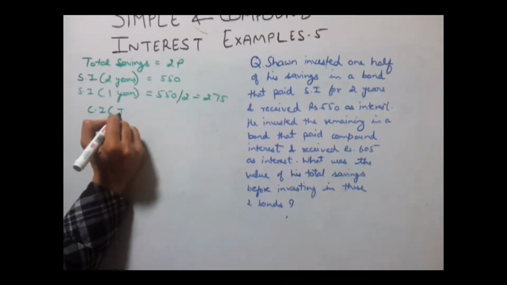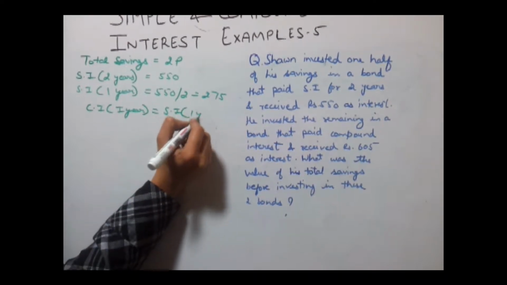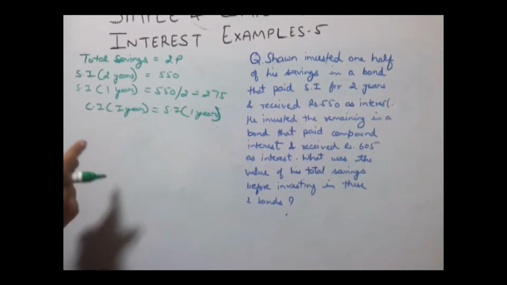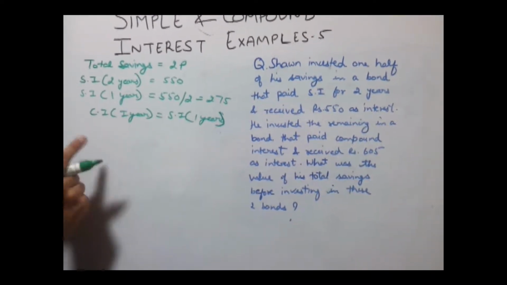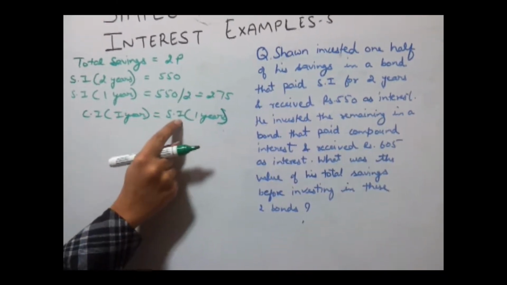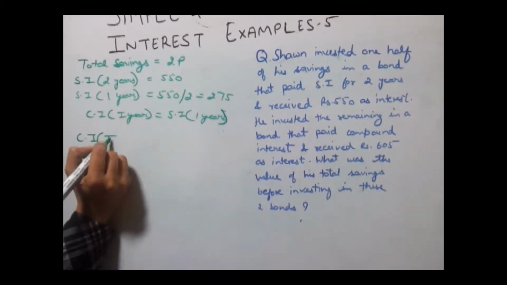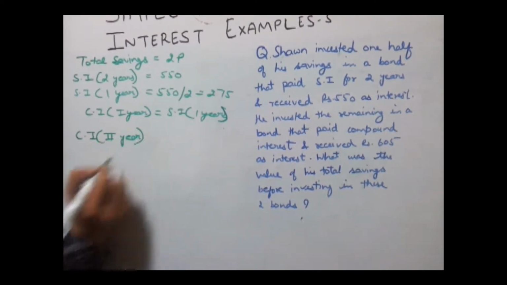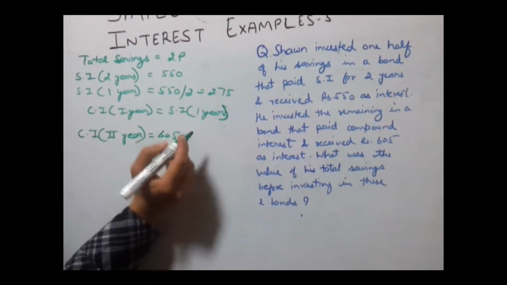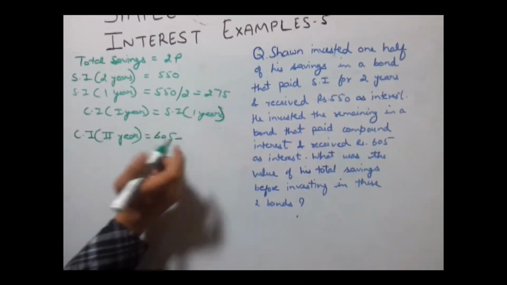compound interest of the first year and simple interest of the first year are equal because the changes come from the second year and the third year onwards. Now we know that compound interest of the first year is equal to the simple interest of the first year. So from this we can calculate compound interest for the second year, which will be 605, that is the total compound interest, minus the compound interest of the first year. Compound interest of the first year is 275,